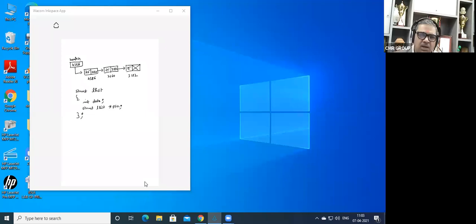Now, if I am creating the nodes later, every time I have to write struct L list, struct L list, struct L list, like that. Rather than that, we can use a typedef. What is typedef? I'll use typedef struct list. When I'm using the typedef, whatever is last, I'm giving the name that can be used as a data type directly. Yes, struct list star ptr node.